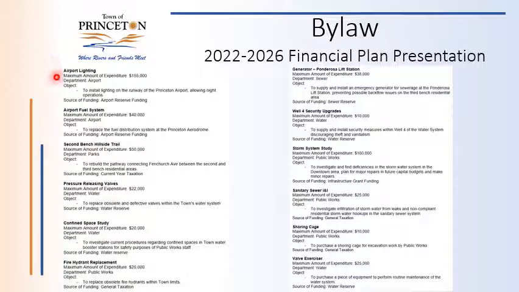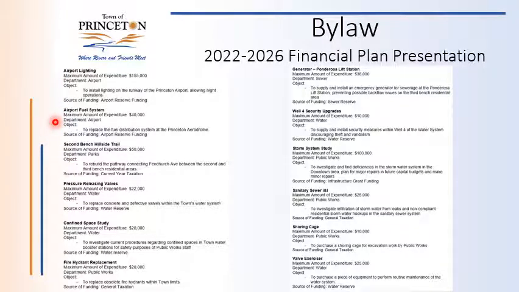Our next page of capital projects, airport lighting. This one is an example of a grant that we've received that will probably be insufficient to complete the airport lighting project. We're going back to the province to seek guidance and to see what they want to do with this project. The municipality would really like to see it to its completion. However, the funding is just not available at this point. So we will provide further updates when we receive them. However, this project is probably on hold until we find a secure source of funding for it.